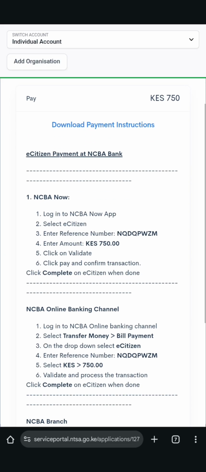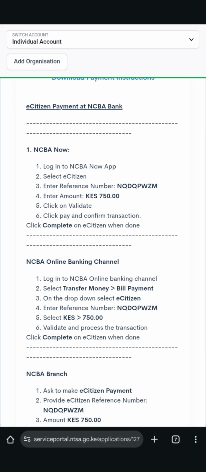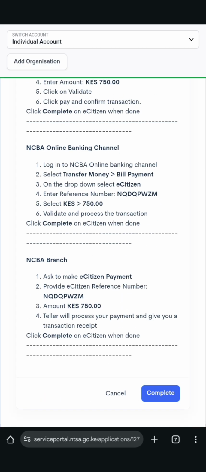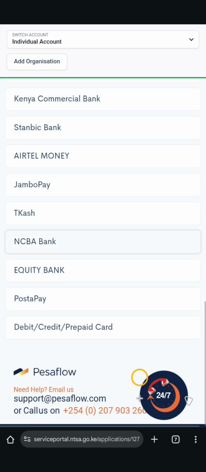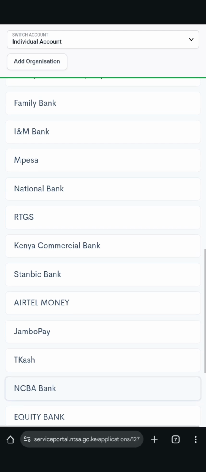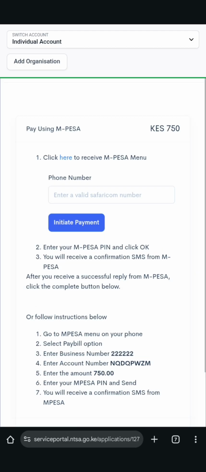So once I do that, I go to my NCBA, or if it is M-Pesa, for M-Pesa, it asks you to prompt. For NCBA, you have to go to the NCBA app and pay. Once you pay, you come and do complete. Now, if you want to do, let me say, the M-Pesa, you go to where M-Pesa is,